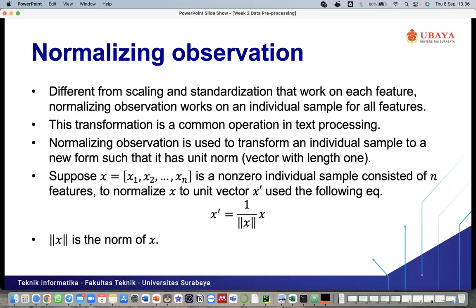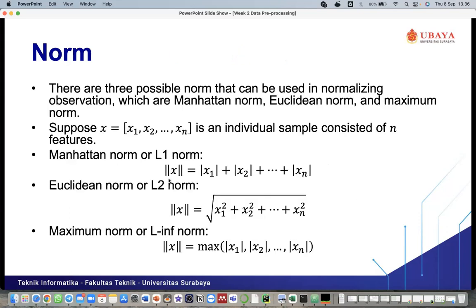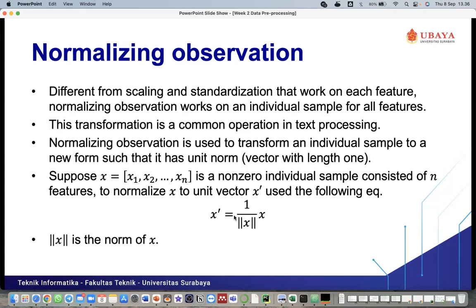To normalize x to unit vector x accent, use the following equation: x accent equals 1 divided by the norm of x, times x. For the norm of x, we have a formula to calculate it.